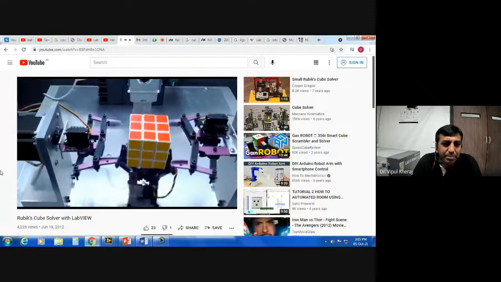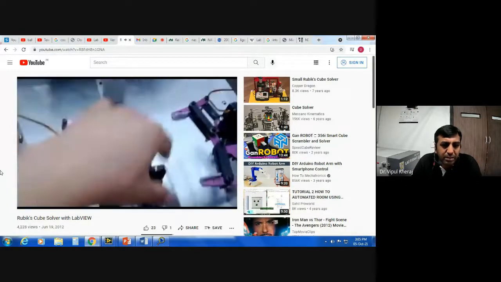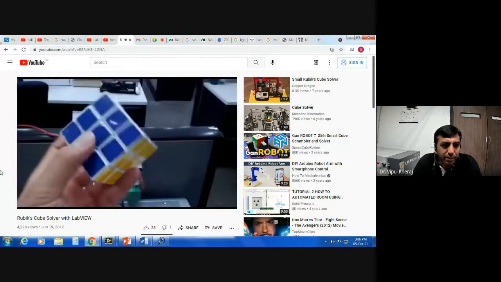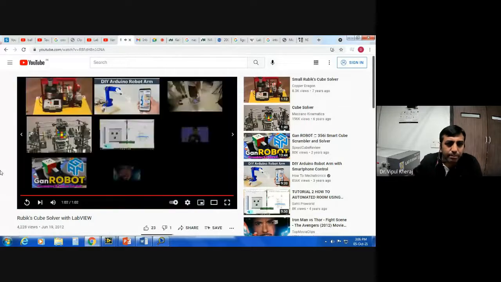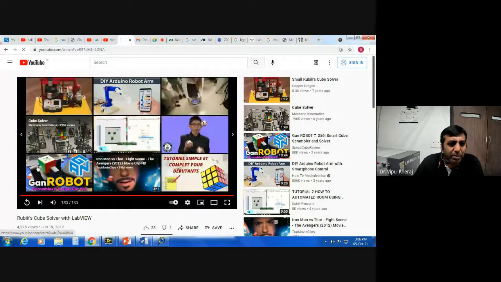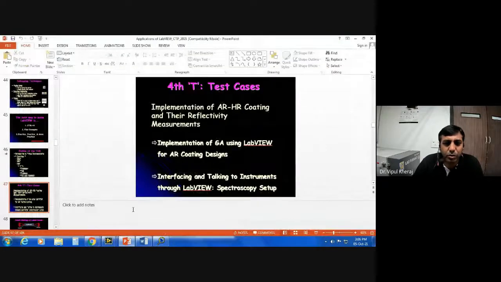Now imagine, this is written by some student, a very simple program with just two or three motors, probably servo motors, and an algorithm. That's it. There are plenty of them available, many of them made with LabVIEW. So this is the power of it. The programming is very easy. You can easily write a good program, talk to the instruments available to you, and even make robots with this simple software. So yeah, this is it.